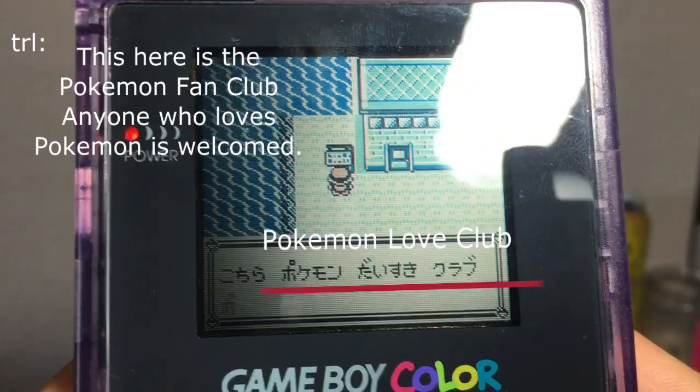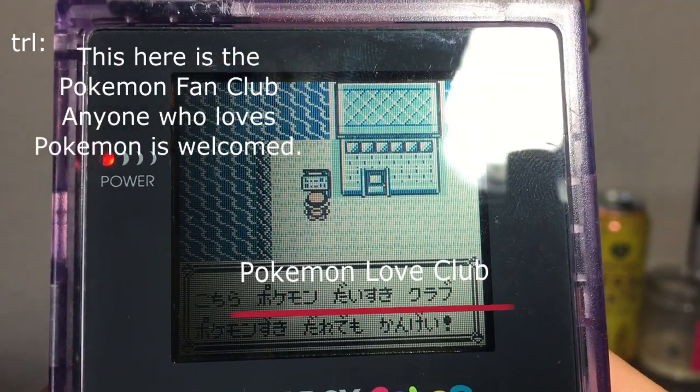So one of the things that I recently saw in Pokemon Blue, where you get the bike voucher, is the Pokemon fan club president. Funny enough, the club is actually called Pokemon Daisuki Kurabu, which is Pokemon Love Club or something. You talk to him, and he's using washi as the form of saying I, which is